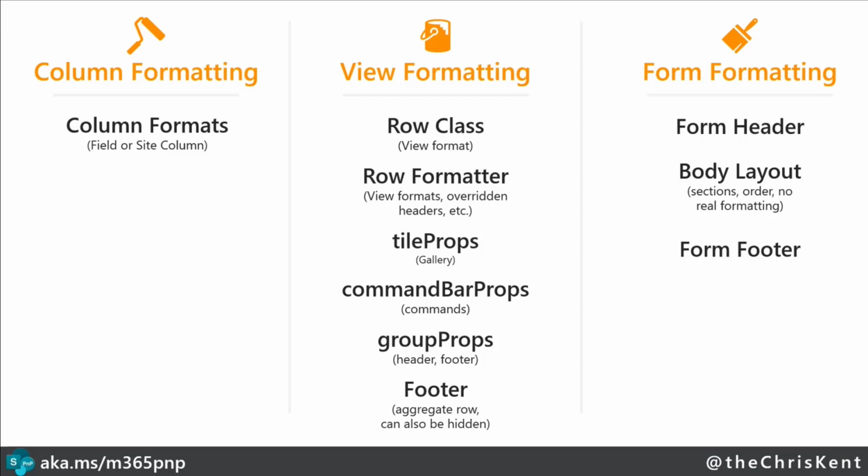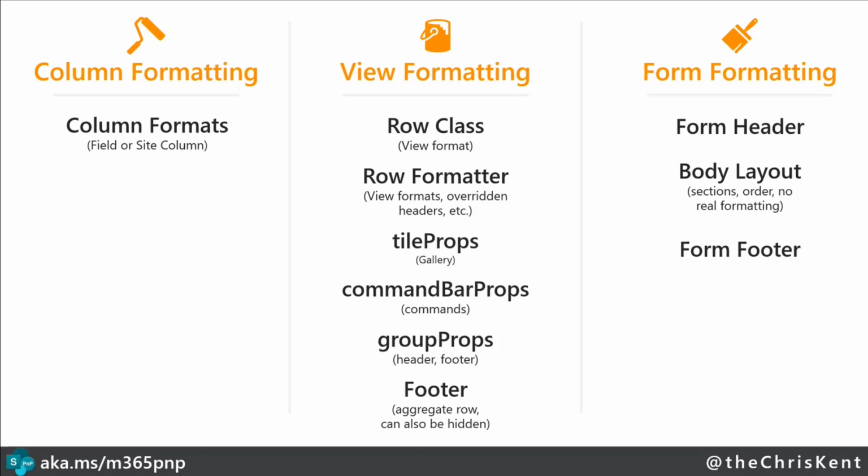So the thing I want to point out with command bar props is this will feel like a configuration item for the list, but it is not. It is a customization for your view. And that's going to be important because it'll almost feel like you're doing something here with security or something else, and you're not. You're just changing how things look. Which can be very, very helpful. If you use that to keep things kind of an on-rails experience and to guide users into what they need to do, that's the perfect use case for this. But if you're trying to lock things down, there are other ways to do most of that, and generally that's going to be through security and permissions. Okay, got that out of the way.